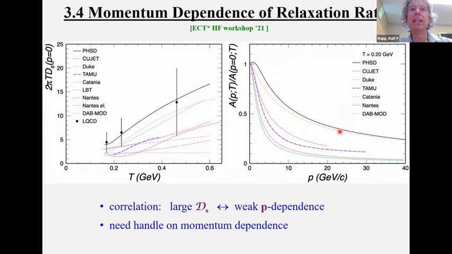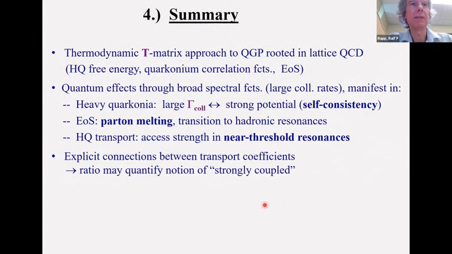So that really clearly indicates that it is critical to have a good understanding of the momentum dependence of the heavy flavor diffusion transport coefficient, friction coefficient in this case. It's really critical to control the momentum dependence if you want to narrow down this uncertainty that we currently have from the model calculations.